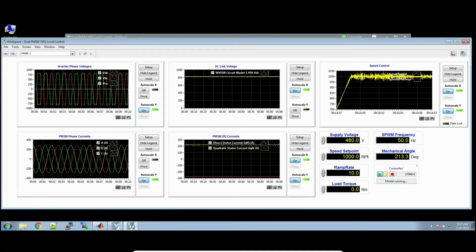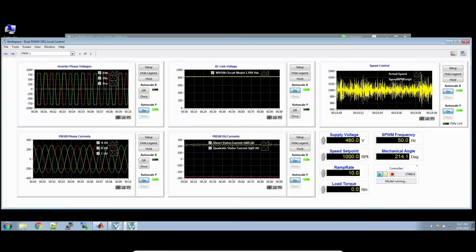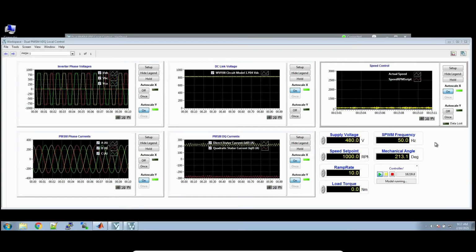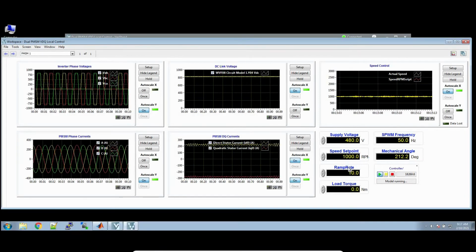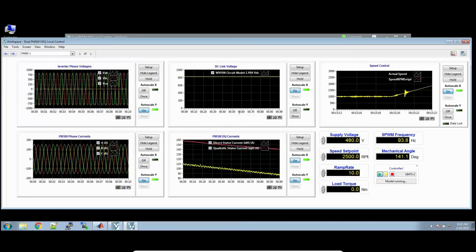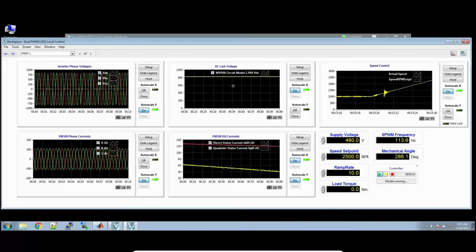And now focus is back in, and you'll notice that this graph keeps updating to continuously scale. If we don't want it to scale, we could turn off scaling and set it to something fixed like 3000 and 0 RPM, and then I can go ahead and make it go up to 2500 RPM. The point is you have a lot of flexibility and control over a bunch of signals as the model is